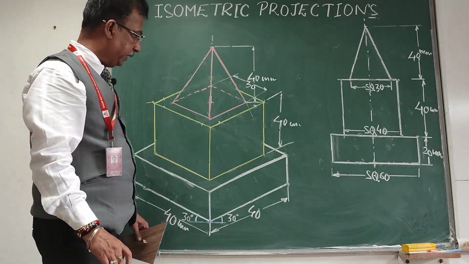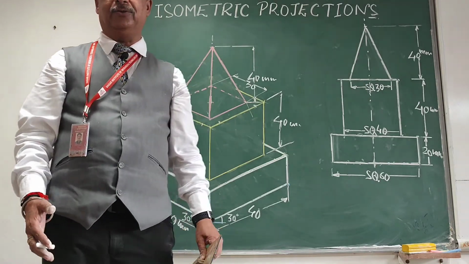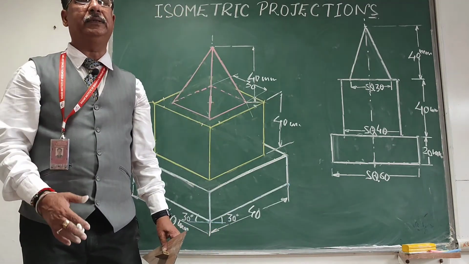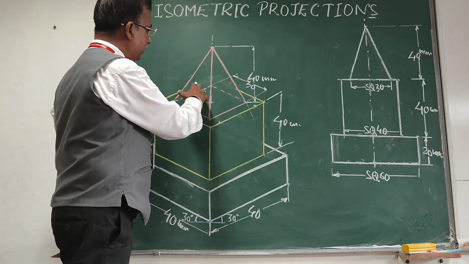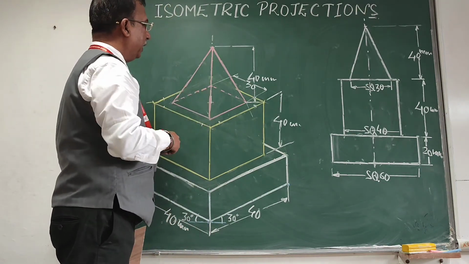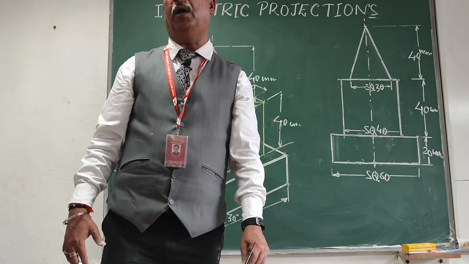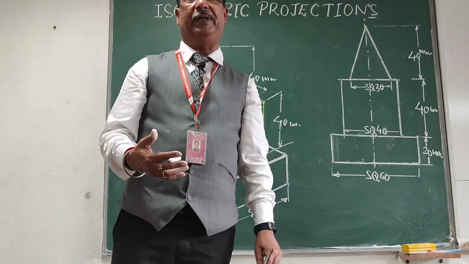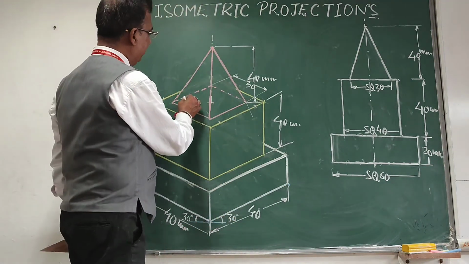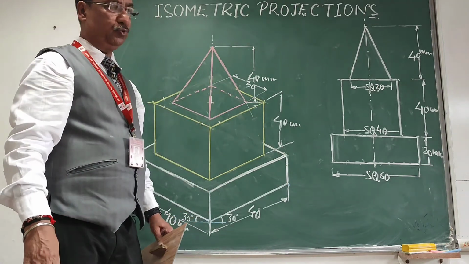I hope you understand. This is the concept. As I told you, in isometric projection it is not necessary to draw the dotted lines. If you feel it is necessary, as in the top figure, as I know that will be a pyramid and there will be some confusion whether it is a square pyramid or a triangular pyramid, because in both cases we can see two faces from the front side. That's why I have drawn these dotted lines, so that it shows that it is a square pyramid.